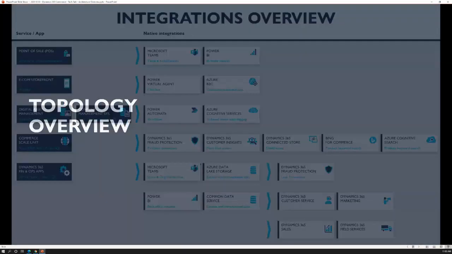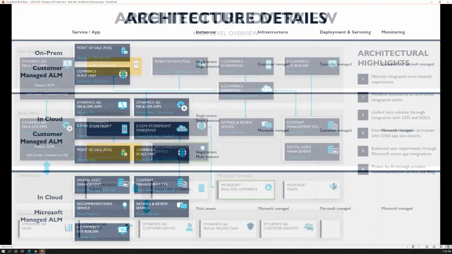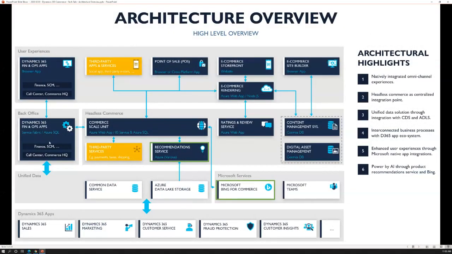If you go back to this architecture diagram at the very beginning, there are two things that are really critical here. One is you can even bring your own ERP in reality and use that to power your back office, and then your headless commerce will still connect to our back office, but only for Commerce HQ setup and configuration of your channels, not for actual ERP capabilities. But there is a set of